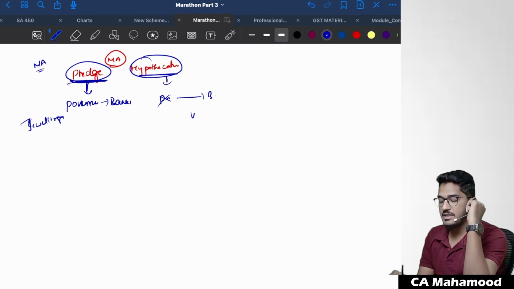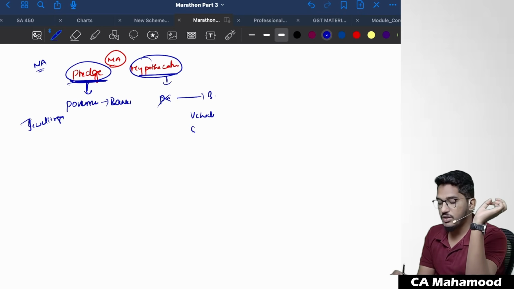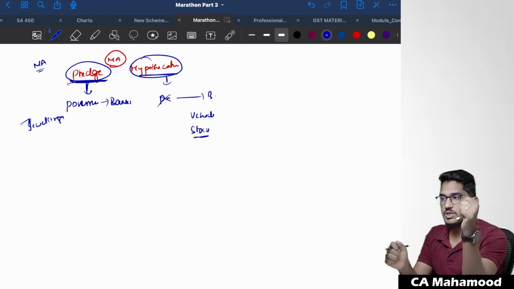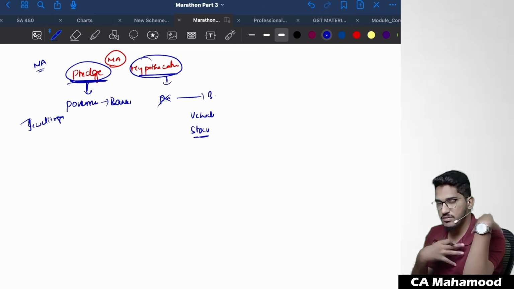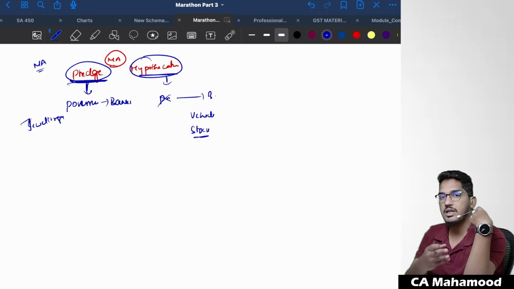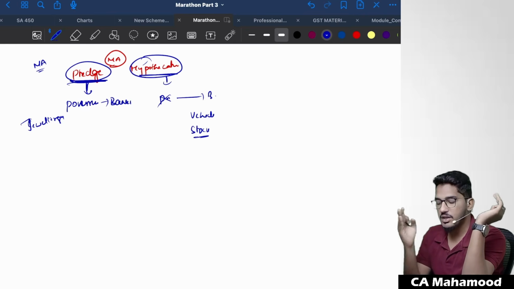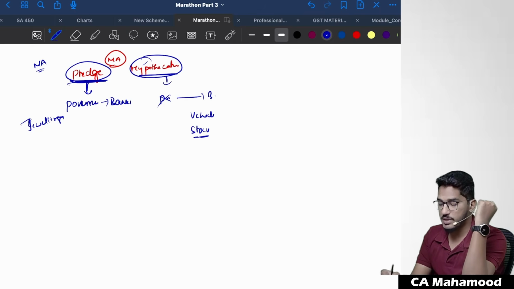For hypothecation, if I have to give an example, vehicle loans. For example, if you take a vehicle loan, the vehicle will be with you only. Possession will be with you only. In case you don't repay the loan, then that financier will come and take that vehicle. Yes or no? And one more thing, even when you offer stock as security, if you are hypothecating the stock, for example, if you have taken a working capital loan giving your stock as security, does that mean you will take all your stock and keep it with the banker? No. If you keep it with the banker, how will you do the business? Stock will be in the possession of the borrower only. In case I don't repay the loan, then the banker can come and collect my stock. So we call that hypothecation. That is the main difference. In pledge, possession will get transferred to the banker. In hypothecation, neither possession nor ownership, nothing will get transferred to the banker. So this is the major difference between pledge and hypothecation.